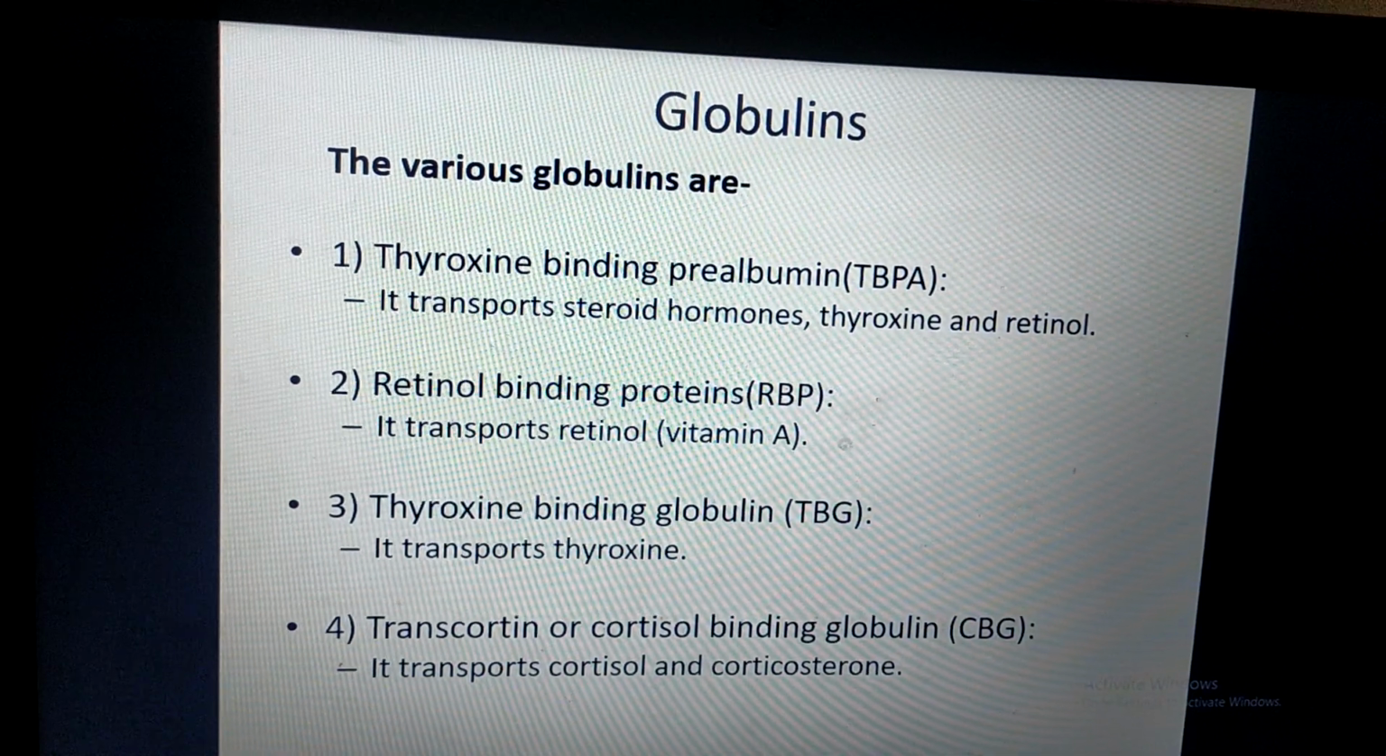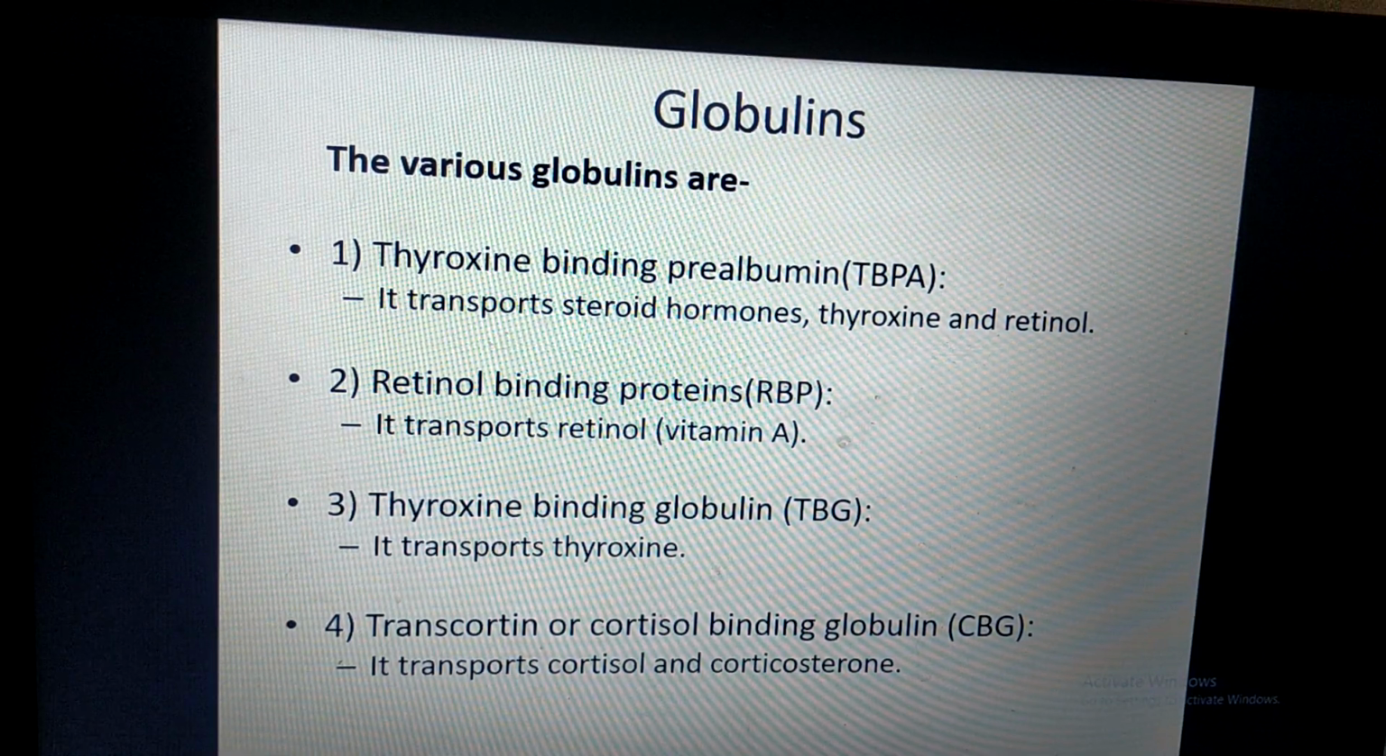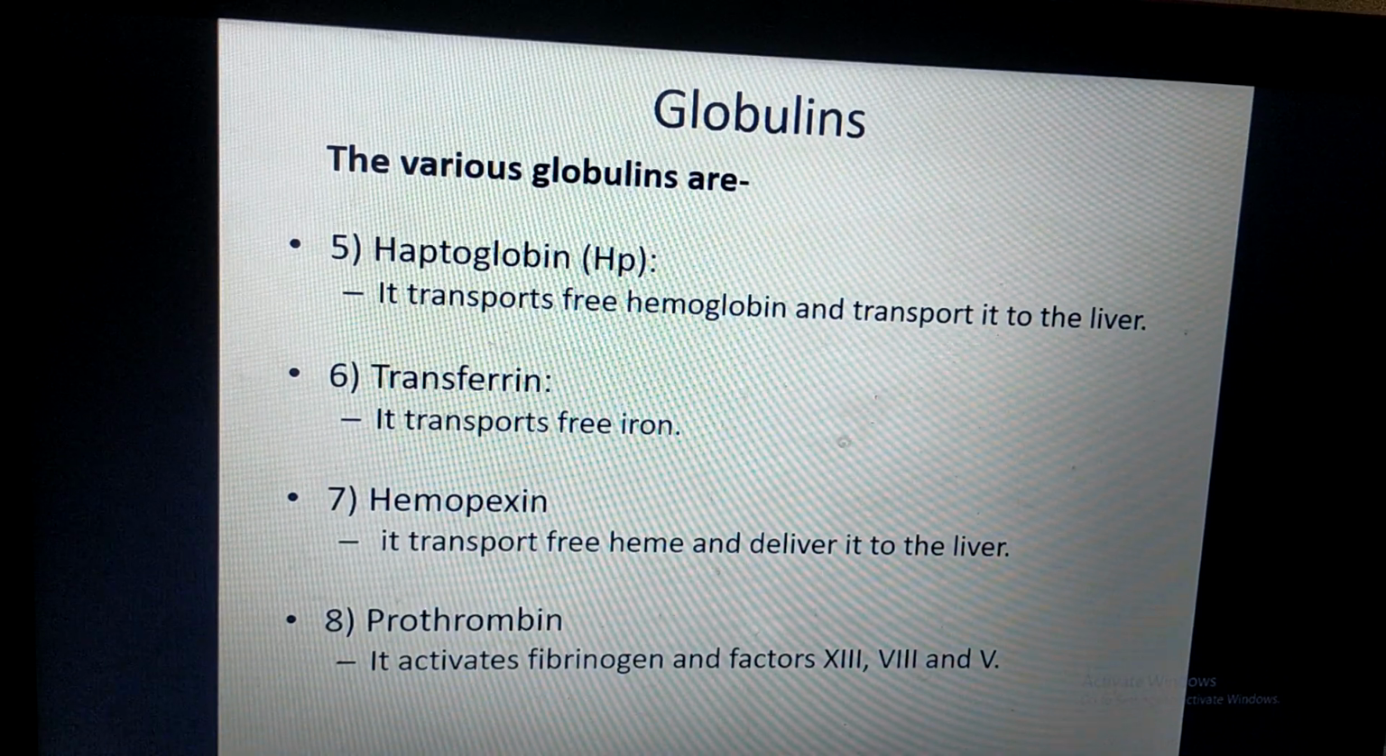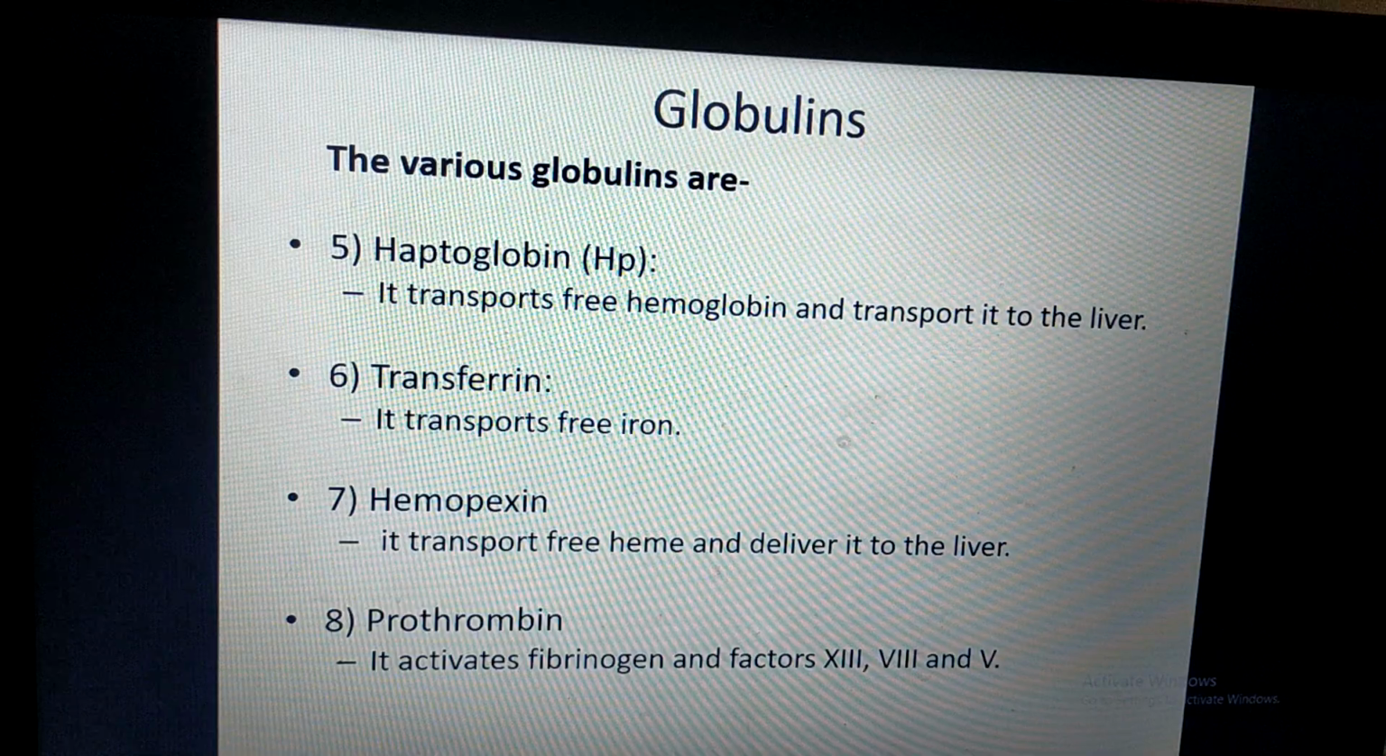After completing albumin, we will go to globulins. Various globulins are thyroxine binding prealbumin. It transports steroid hormone, thyroxine and retinol. Next globulin is retinol binding protein. It transports retinol, that is vitamin A. Next is thyroxine binding globulin. It transports only thyroxine. Next is transcortin or cortisol binding globulin. It transports cortisol and corticosterone hormones in the blood. Another type of globulins are haptoglobin, which transports free hemoglobin to the liver, transferrin, which transports free